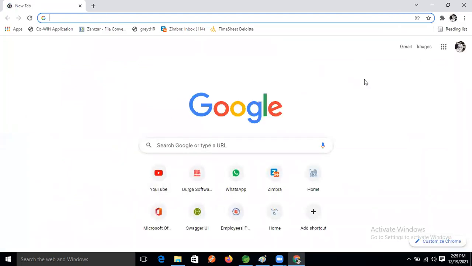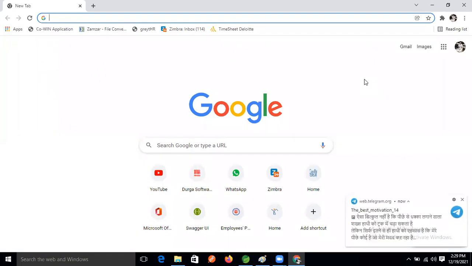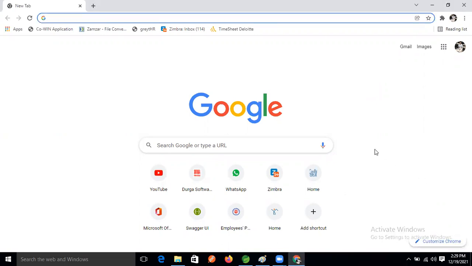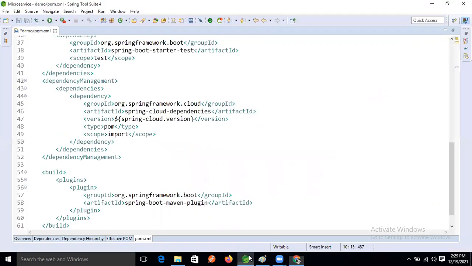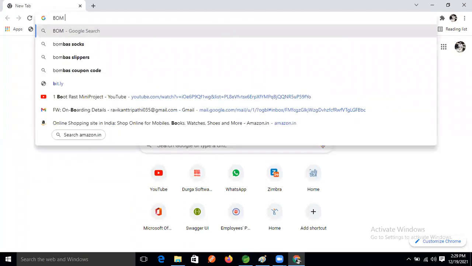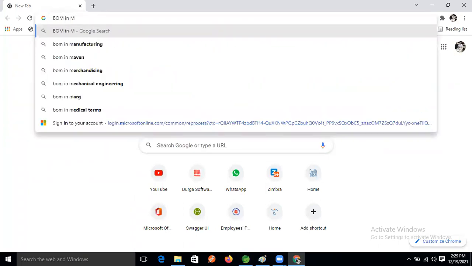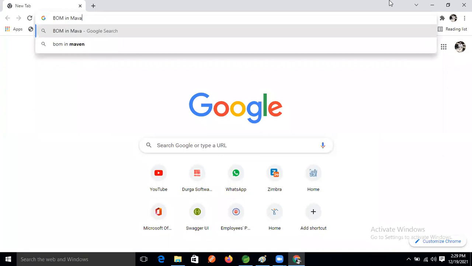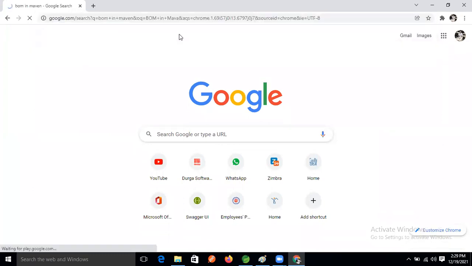Just read once, guys. Here we are not going to learn the Maven tool. When I take the Maven tool session, at that time I will explain those things again. But here, just understand what a BOM is. What is a BOM in Maven?